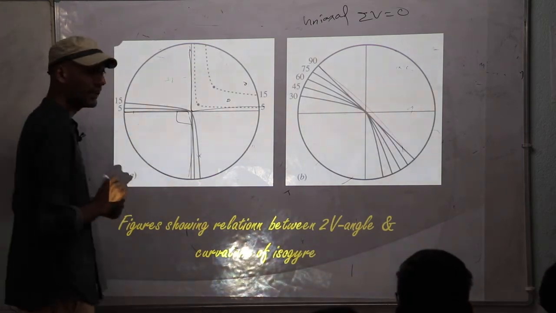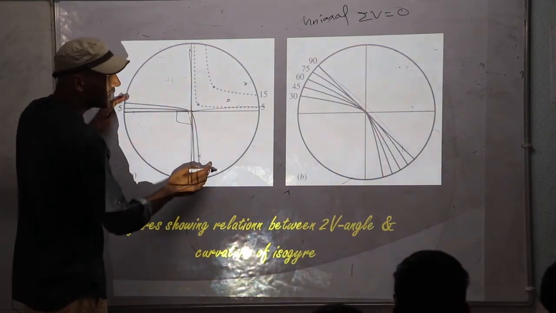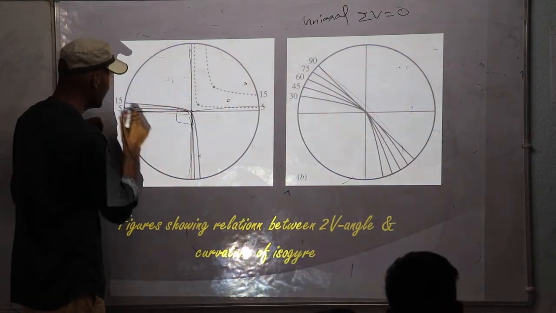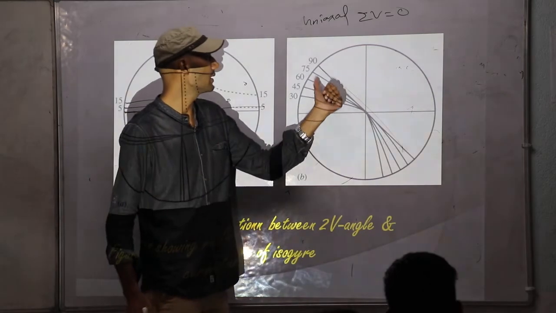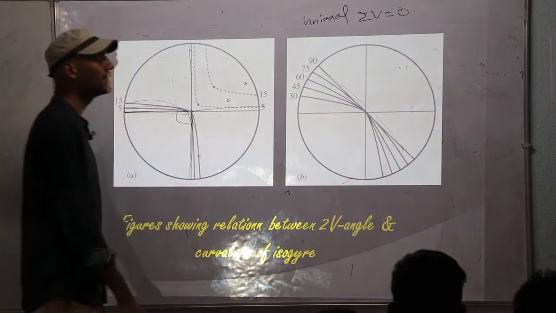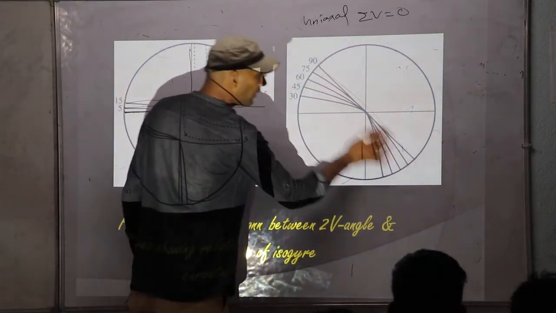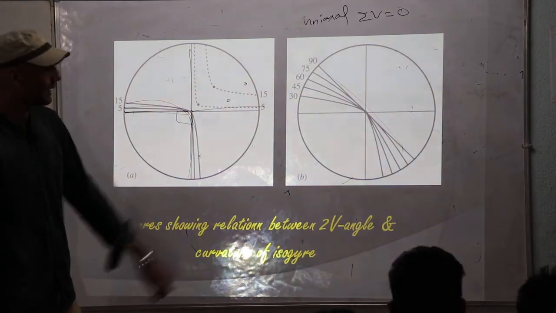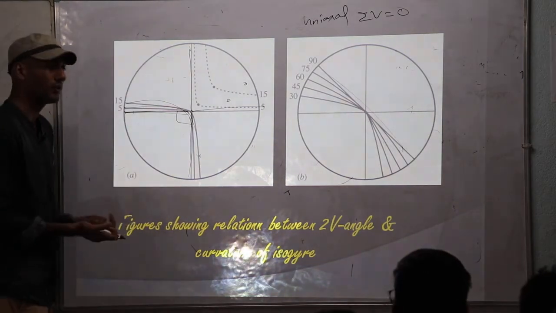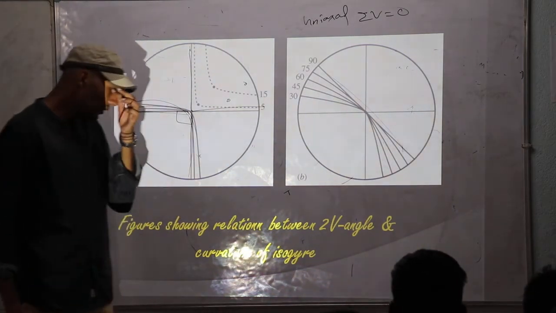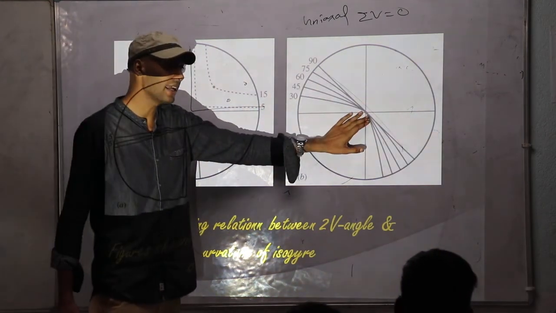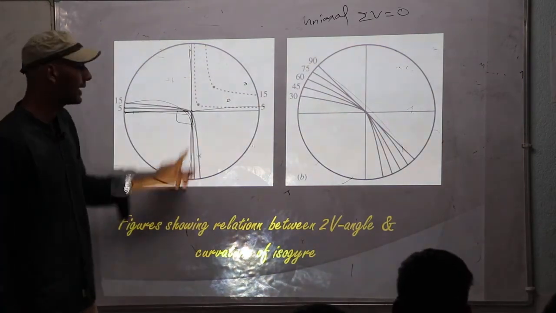If we increase the angle, you can see this is for 0 degree, this is for 5 degree, then 15, 30, 45, 60, 75 and 90. With an increase in 2V angle, the isogyres form a straight line. For 90 degree, that will be a straight line, and the curvature decreases gradually with increase in 2V angle. That will form a straight line at 90 degree, and a right angle at